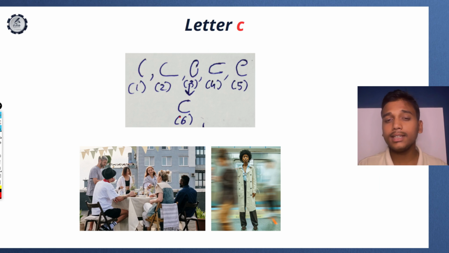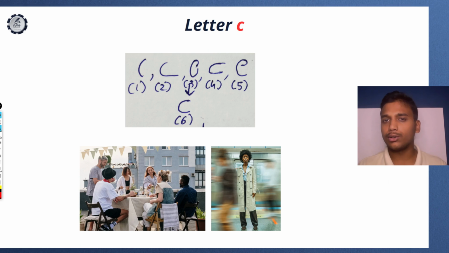The ideal C is just the normal C. You don't have to have any extra curve, any big gap or any less gap, or any extra extension. And you should write it as a C, not like the letter E. These are the writers who feel comfortable socially. They are someone who can talk with new people, who are not socially anxious, and instead can interact with new people, new strangers, and feel comfortable in new environments.